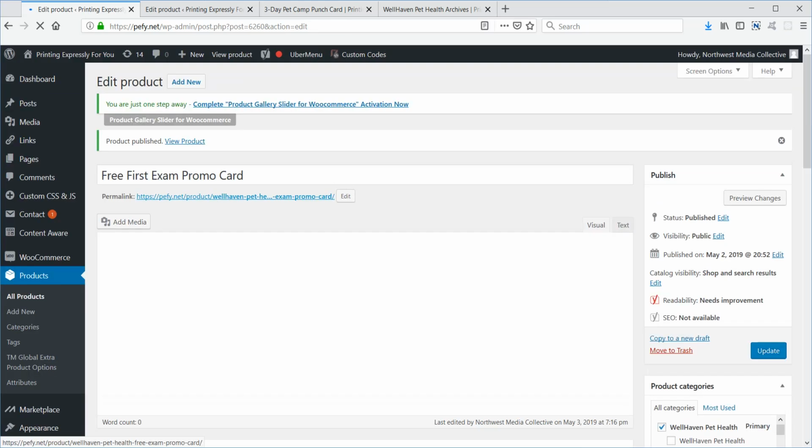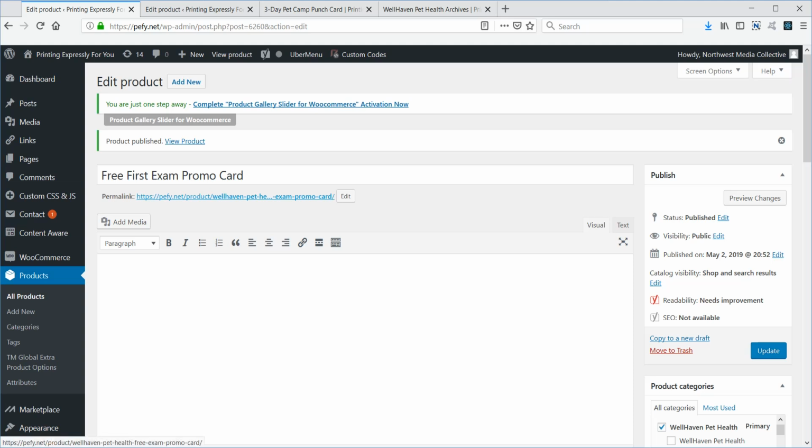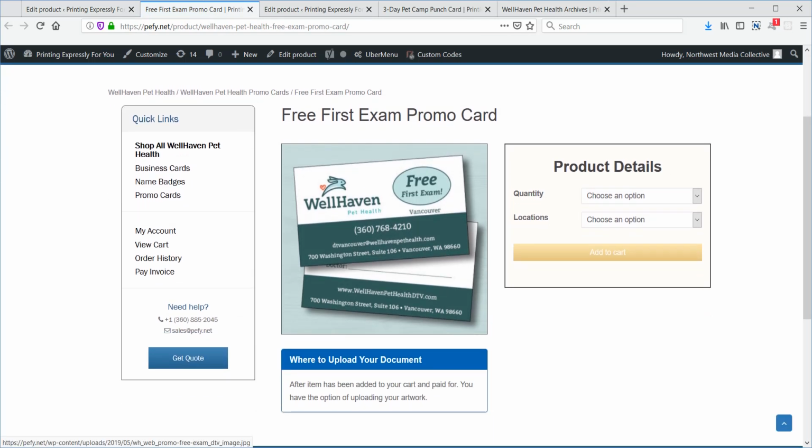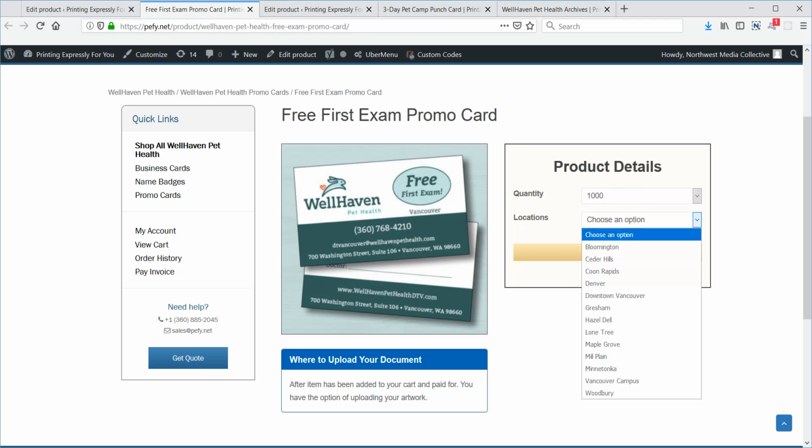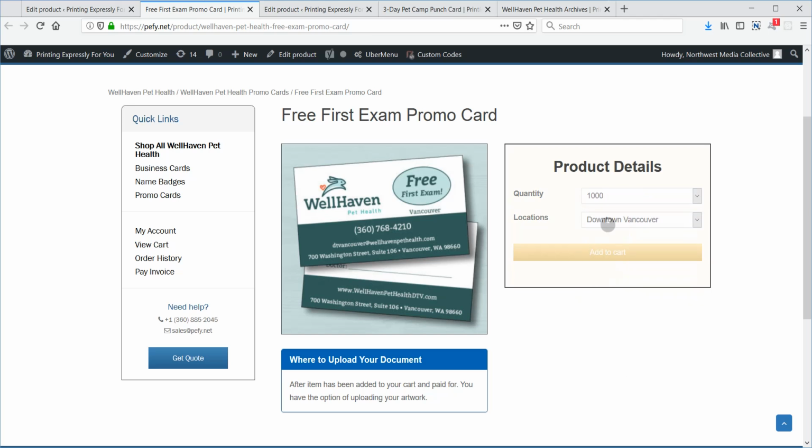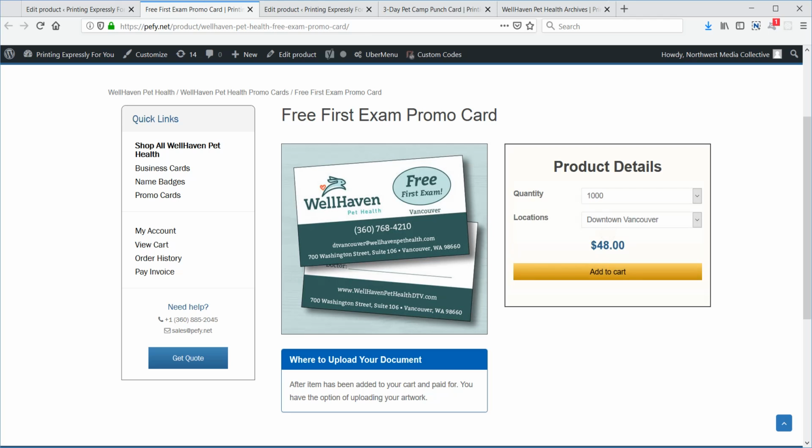To view this product, I'm going to click on this permalink right here and open in a new tab. And now we can see that we have the option to choose a quantity and we have an option to choose a location, and then it gives us our price and you can add to cart. So that's just a basic how to add some variations, get your product set up for a simple variable product